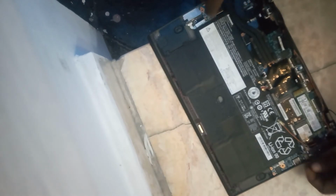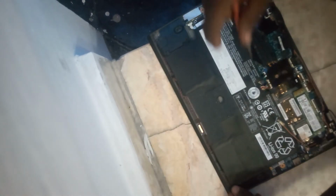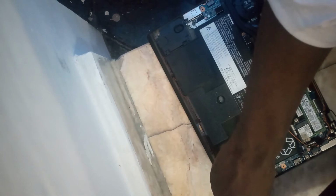So I'm going to tighten all the screws back one by one,